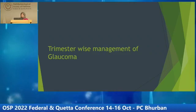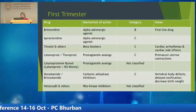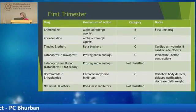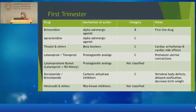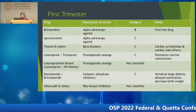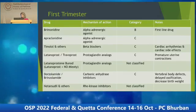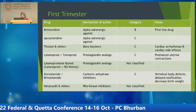So, trimester-wise management of glaucoma. In the first trimester, brimonidine, an alpha-adrenergic agonist, is a category B drug. There is no category A drug among the topical anti-glaucoma medications. Timolol and other beta blockers